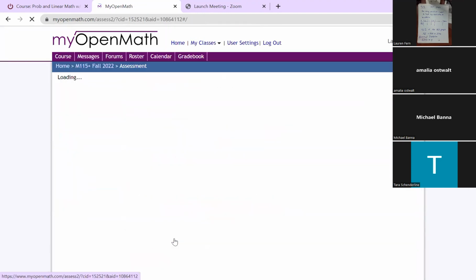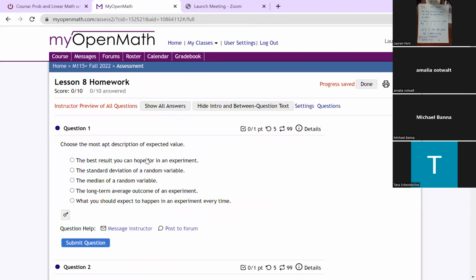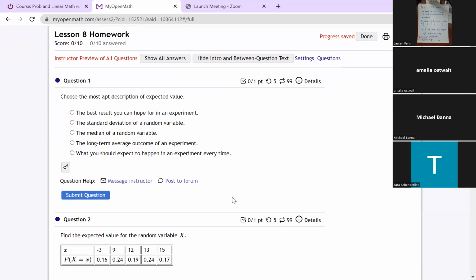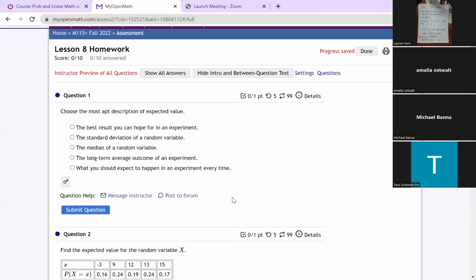But what I want to also do is talk about it, okay? Now, I want to say this loud and clear. Today, I am talking about the lesson 8 online homework. Take notes, okay? Because I'm going to give you a couple of hints, and I don't want to have to keep giving the same hints again and again. So I'm going to direct people to this class recording, okay? So in terms of this lesson 8 online homework,